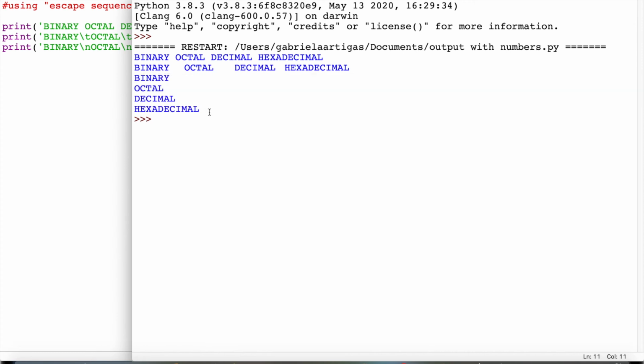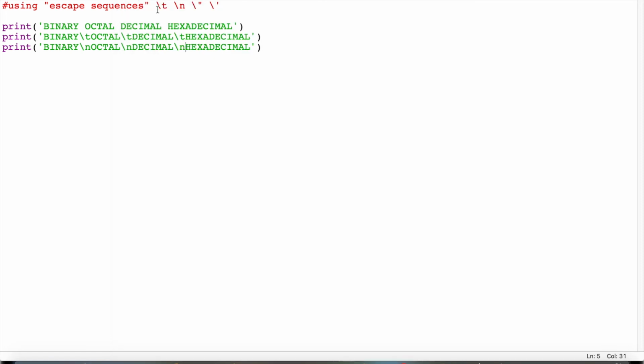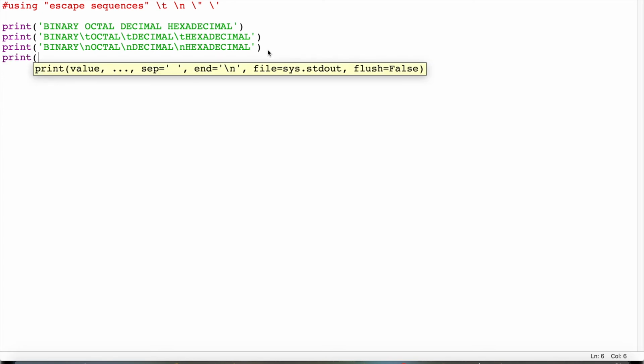So I have one output statement, but 4 different lines with the output, and that was accomplished by inserting the \n between the words. And now we're going to practice